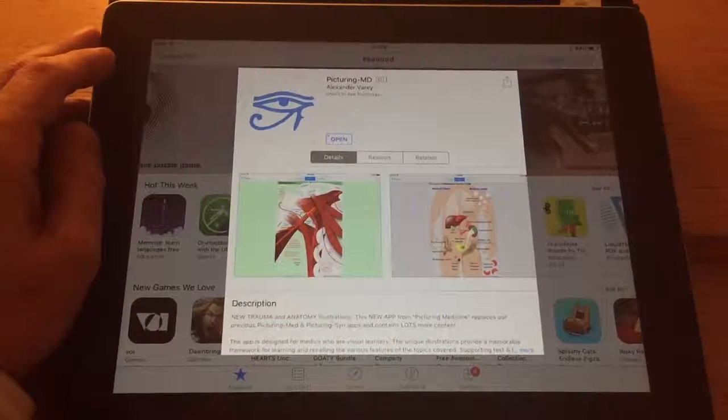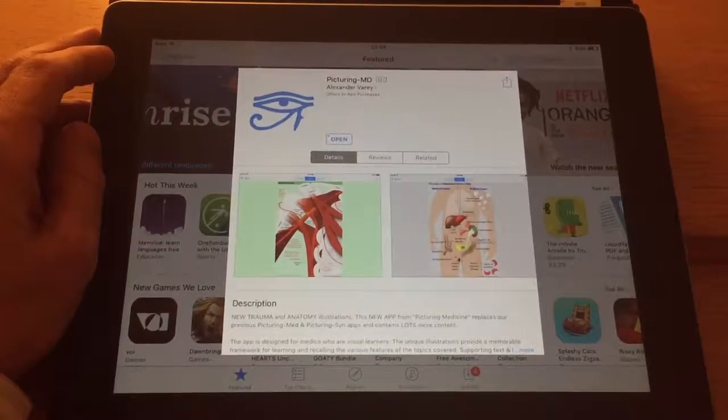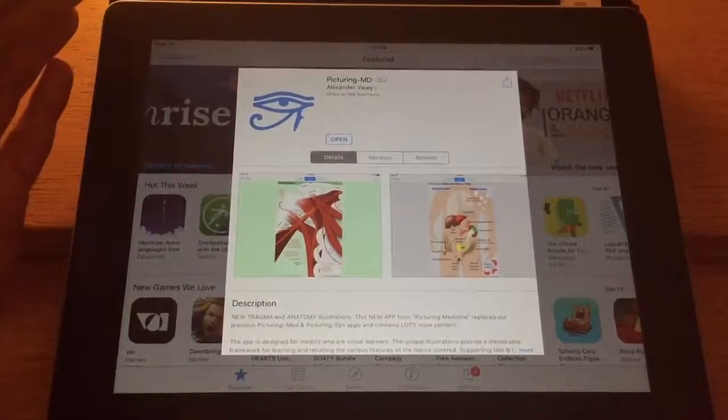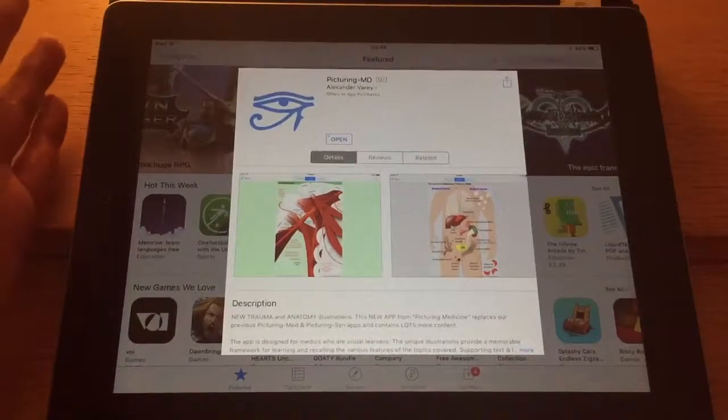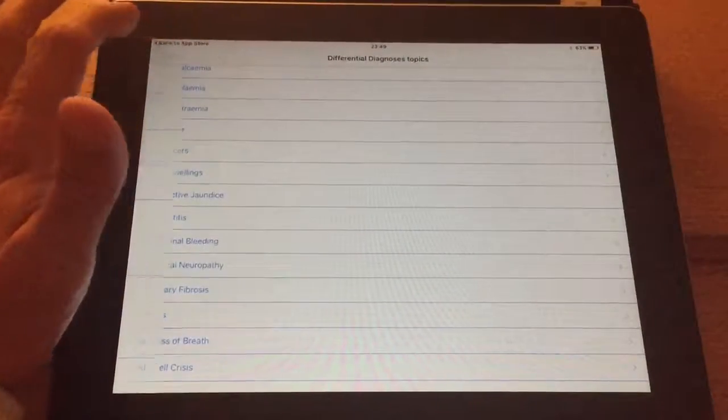So, what is Picturing Medicine? It's an app-based project. The app's name is Picturing MD, and it's available on the App Store, and it's also available on Android too. And if I just open the app, you can see, if I go to themes, that